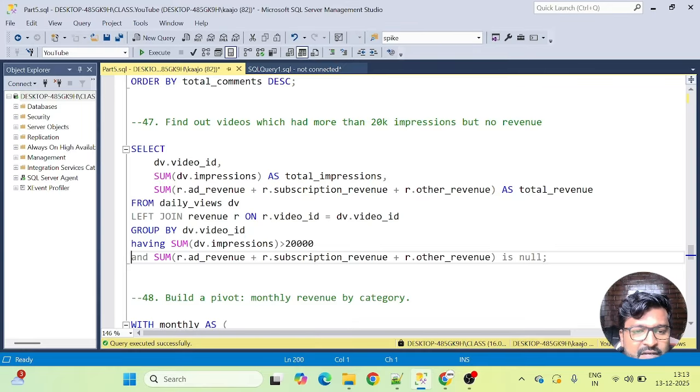And this is the part where the sum of revenue comes in. Previously, when we calculated the revenue column, we took all three values to calculate the total revenue: ad revenue, subscription revenue, and other revenue. Now in the scenarios where the sum of impressions was above 20,000 but the revenue was null, those videos we have to find out. Let's execute.